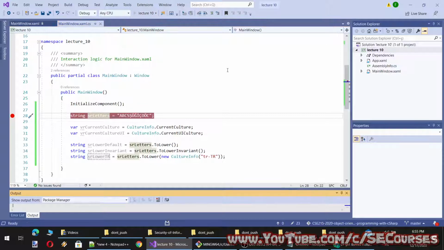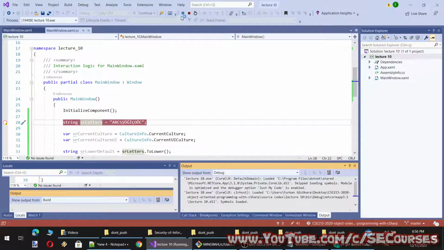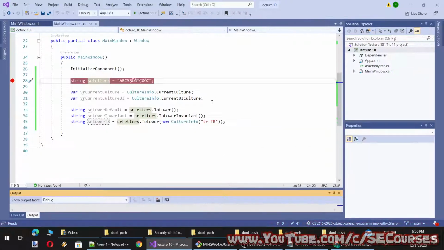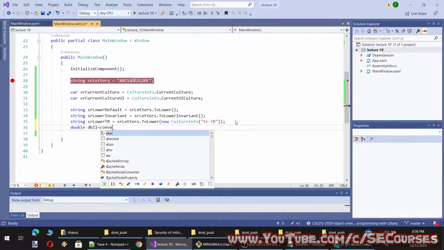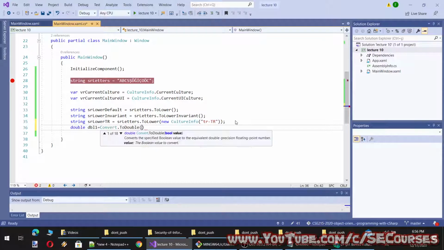I am not going to do anything else. I will just use debug for showing you the effect of culture. This also affects how you convert your variables. Also, let's make that. Okay, convert to double.